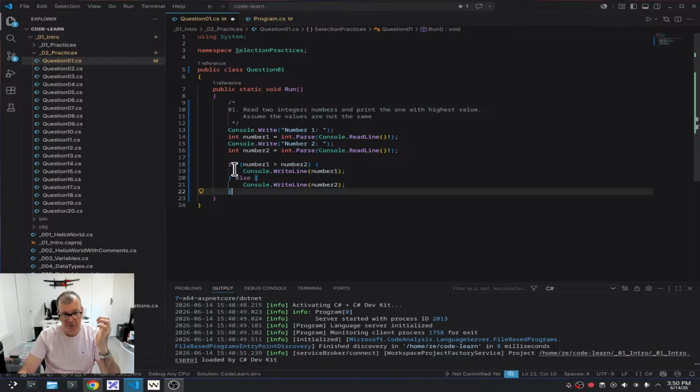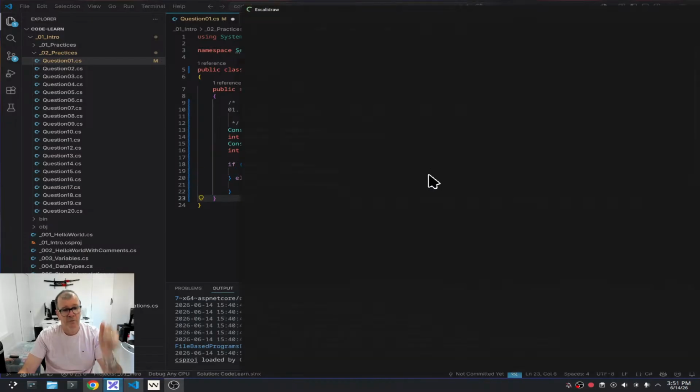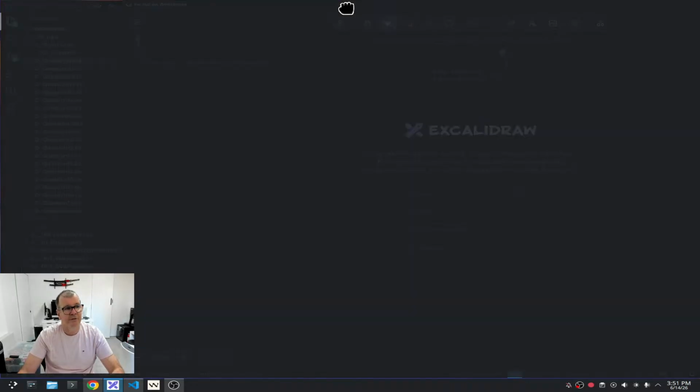This is very important. Every time there is an if and an else, only one of them will be executed. So if this is true, we go to this block and you ignore the other block. If this is false, we ignore this block and we go to this one. So if we want to have a visual representation of this,